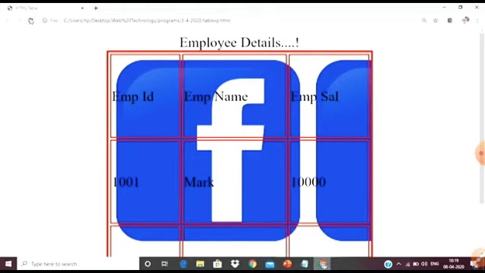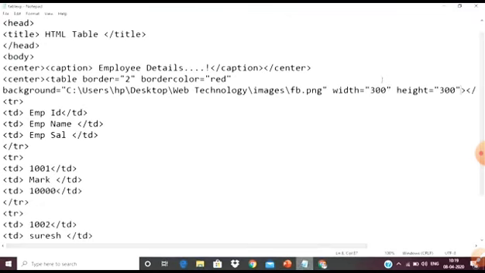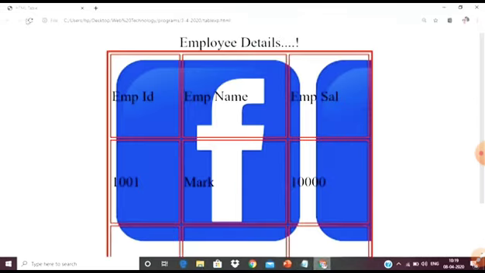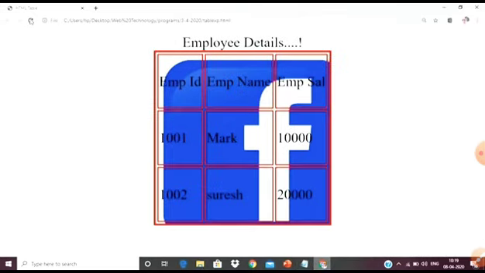This is showing too big, it is not looking good. Now let's change the width and height pixels to 200, both height and width 200. Now save, and refresh again. Now it is looking better than earlier.